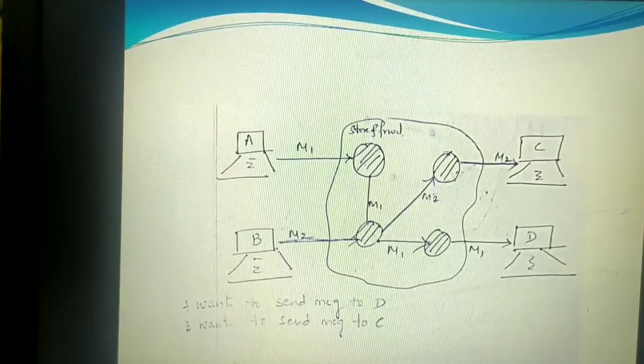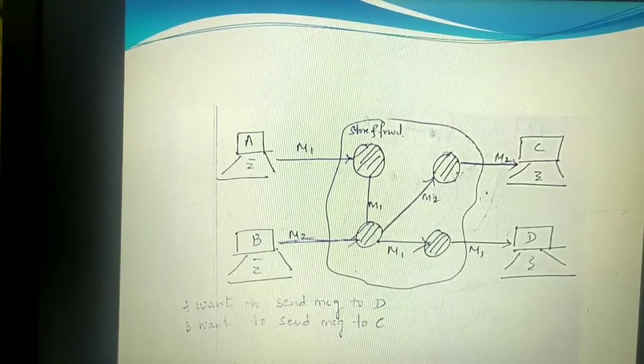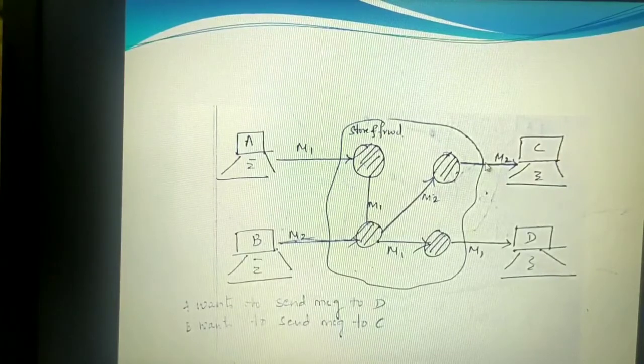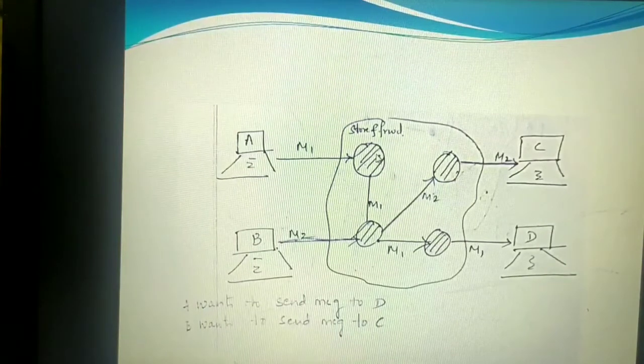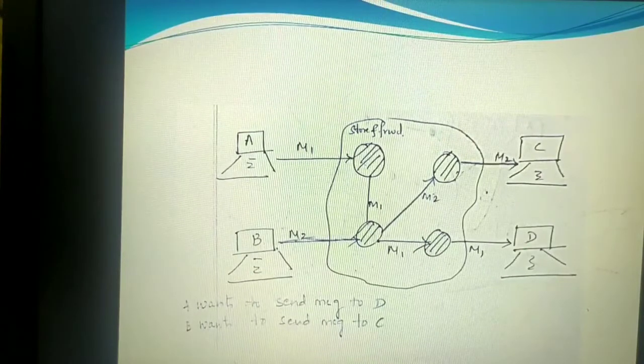Now, what is the problem with message switching? Why we need to go for packet switching is, it requires more memory and the delay is more. Why delay? Because every time the packet comes to the switching office, it will store for some time, then forward it. That is the reason for the delay. One more thing is it requires more memory capacity. Buffer capacity should be more in order to store the packets.